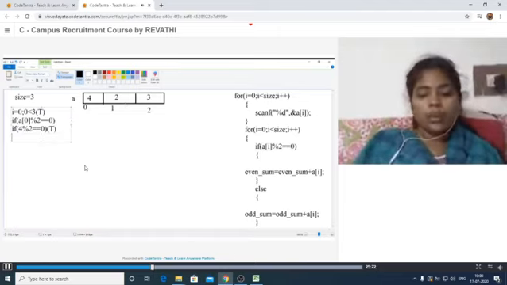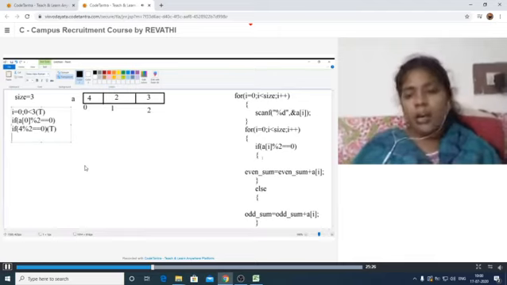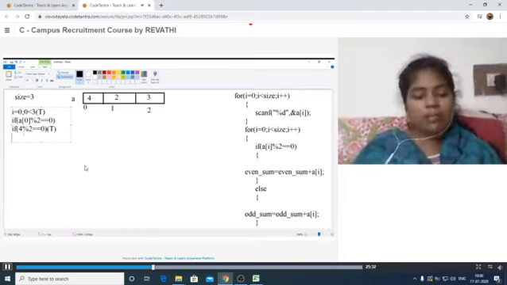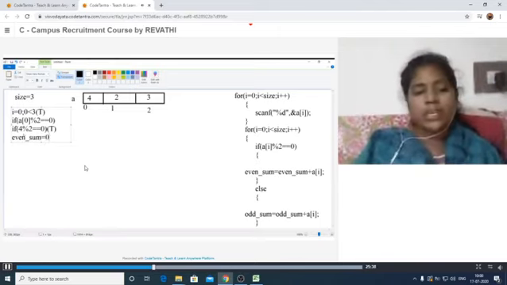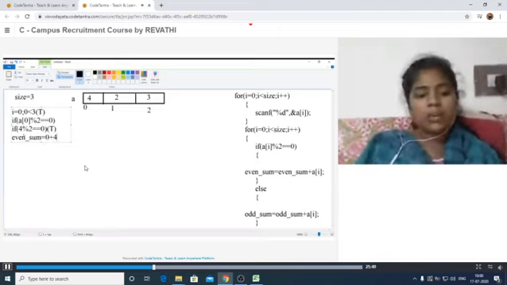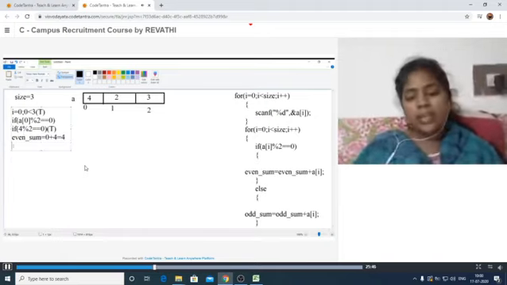Okay, whenever this condition is true, then it is added to our even sum. So this value is added to our even sum. That means even sum is equal to, what is the even sum initially, that is 0. 0 plus what is the value here, that is 4, that is equal to 4. Okay, now again we have to take the next element.